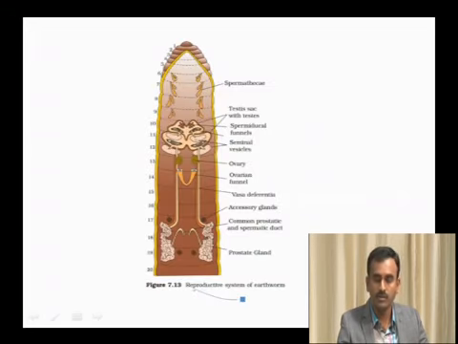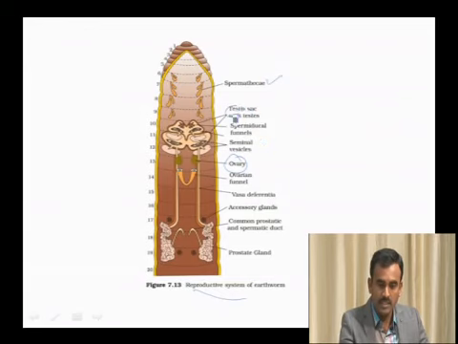Move on to the reproductive system of earthworm. Reproductive system of earthworm consists of spermatheca, which stores the sperms. Before this, earthworm is a hermaphrodite or bisexual animal which contains both male as well as female reproductive parts. It contains ovary as well as testes. In the 6th, 7th, 8th and 9th segment, you can see the presence of spermatheca, which stores the sperms, because